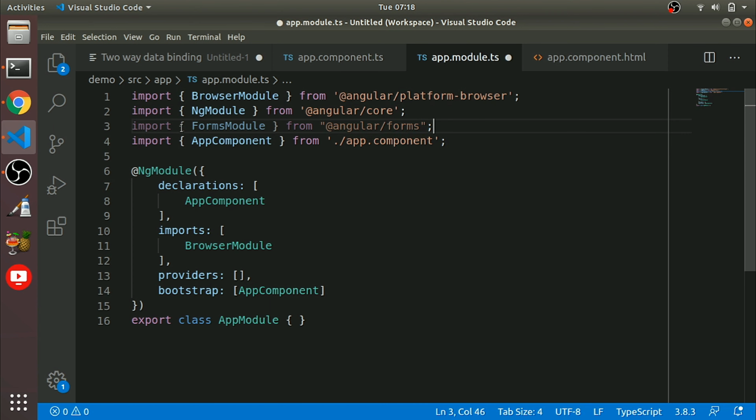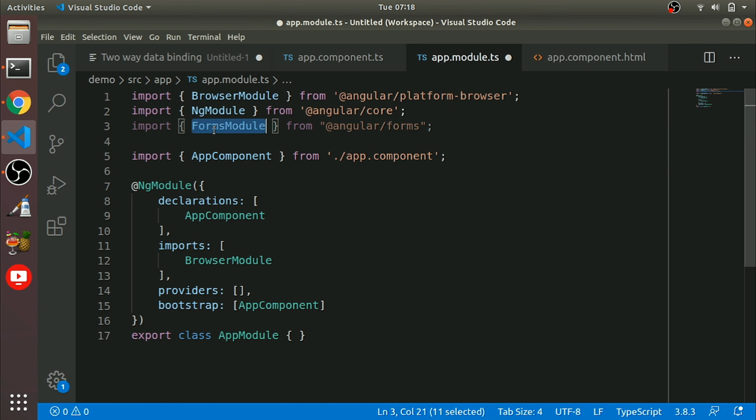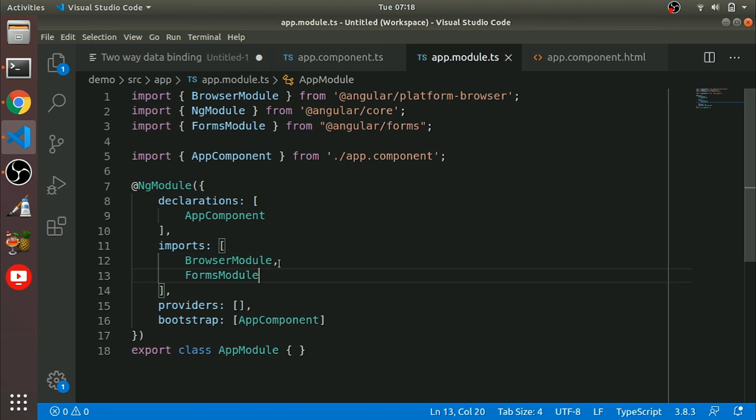Okay, so we have imported it here and need to add it in the imports array, so that it will import that module in our app module. Okay, so now we have imported our forms module. Now we can use ng model in our template.